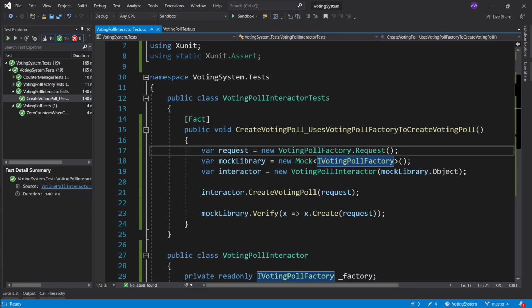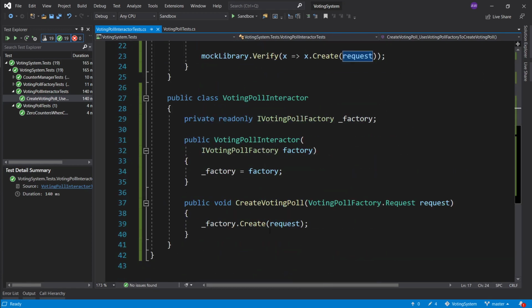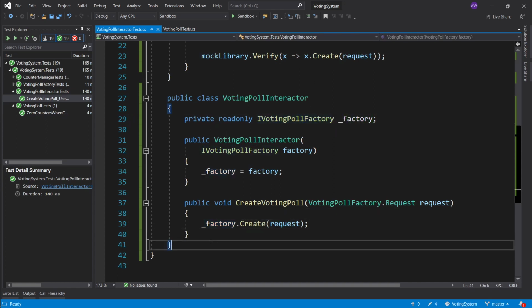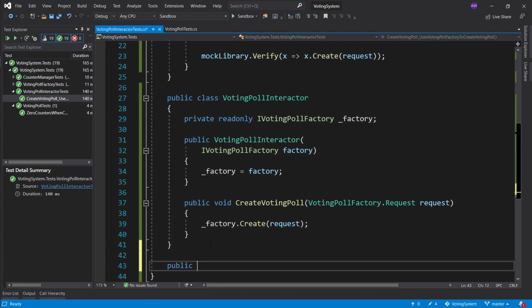So now we know that it requests the creation of the voting poll through this factory. Whatever the factory is going to create, we now want to save it to a database. And we are going to hide the database behind an interface, the same way that we're going to hide this factory. So let's go ahead and create a public interface, and I'm going to call it